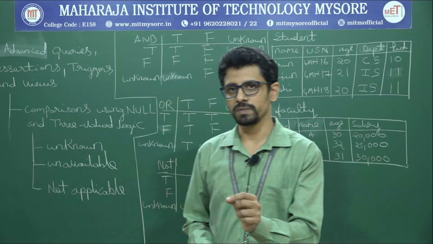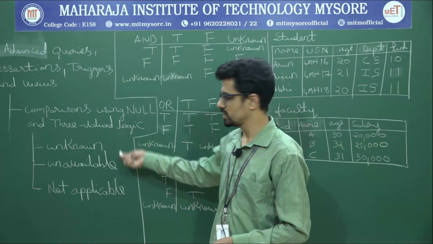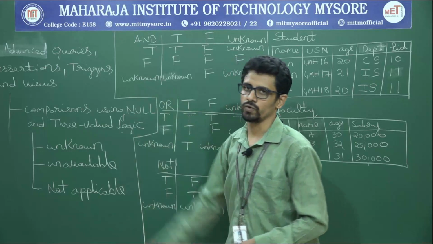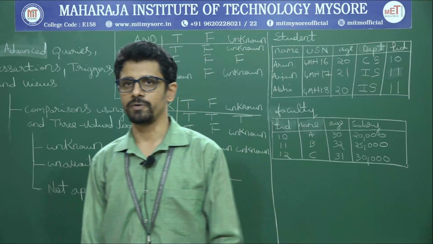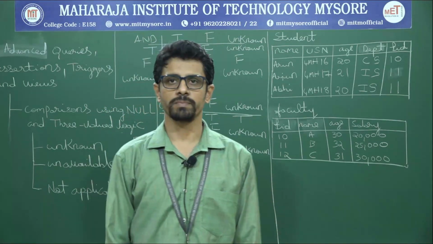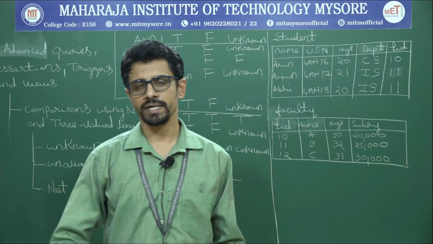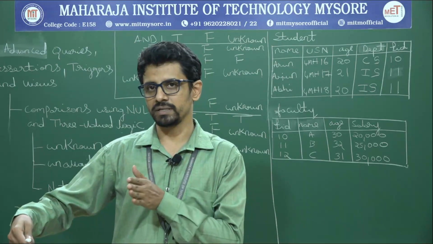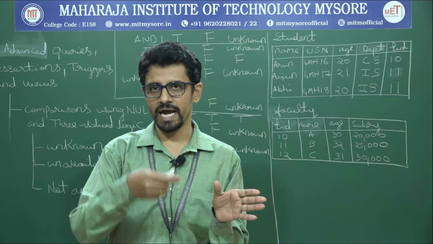So if null comes into the picture for attributes, then this becomes a 3-valued logic. 3-valued logic in the sense that it becomes true, false and unknown. So these are the 3 values which can be given as the output of an attribute. Say for example, I'll ask you to display the names of employees who have salary above 10,000 and who are working in department number 10. I'm using an AND operator between the 2 conditions, one attribute condition and a second attribute condition.